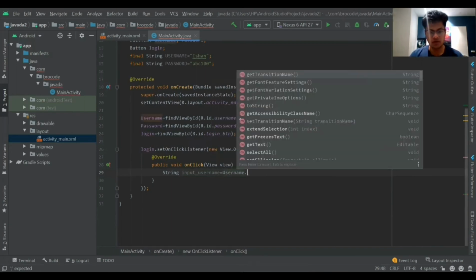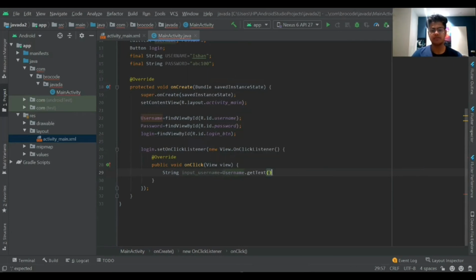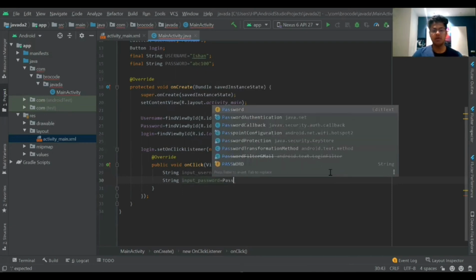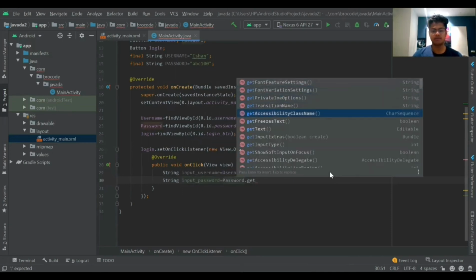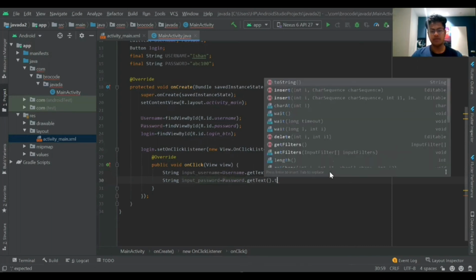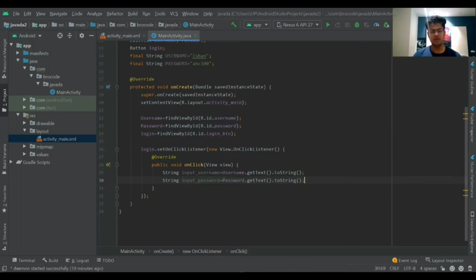With this we will get the input that the user enters in the edit text, and we'll store it in the string inputUsername. Similarly for the password, String inputPassword equals password, that's the edit text, dot getText dot toString. So now we have the password and username that the user inputs, that we have to check.